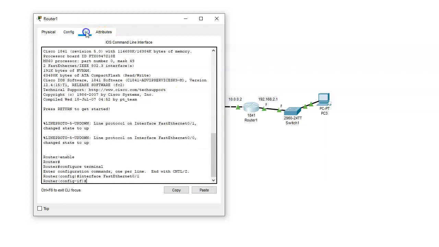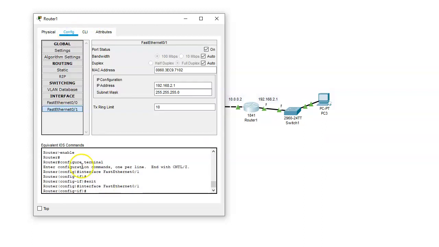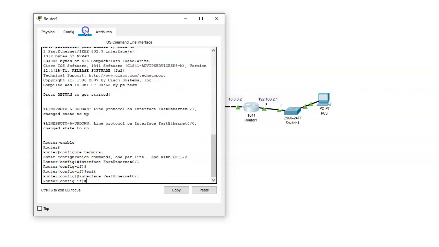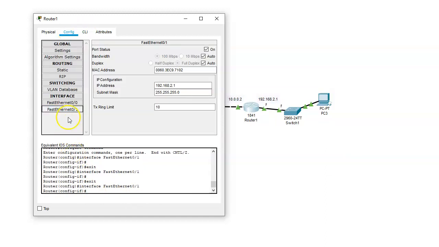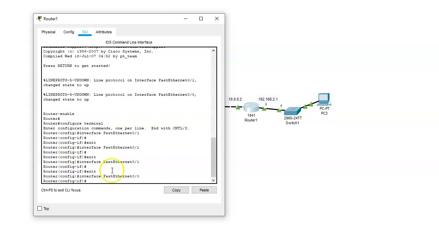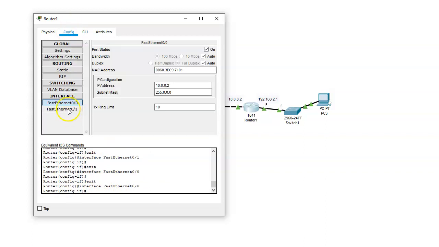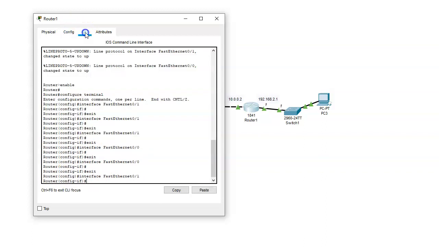Okay, so I'm going to go into the CLI, and I already clicked on that config. Okay, so I go into the CLI and it's there. So if I click on this config, go into the CLI, now I've switched, so I don't have to type in all that. I'm ready to configure that. So I'm going to go back, I'm going to click on 1, and I'm ready to configure it in the CLI. Okay, and I just want to type in ip helper-address